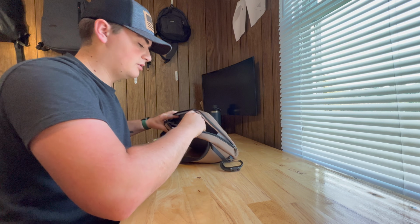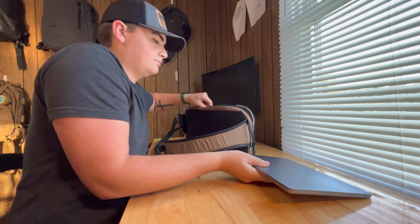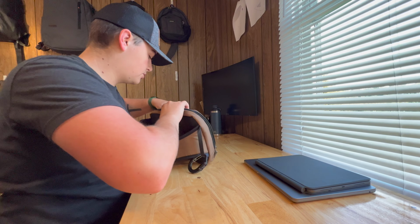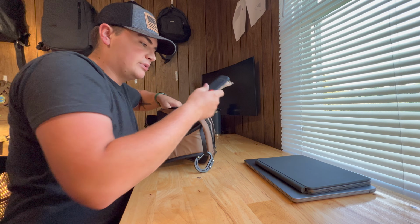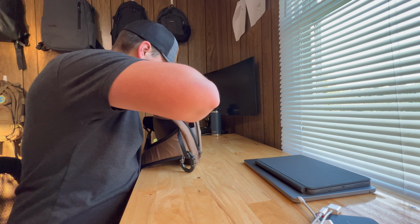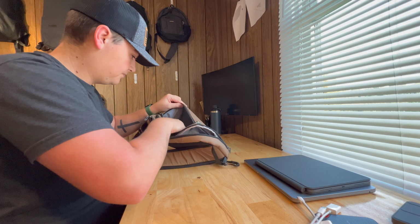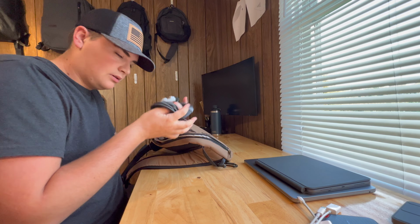So, main workhorses of our system, we have a MacBook Air. I also have my iPad Air with the keyboard case and the Apple Pencil. And then also in this compartment, I have some adapters and an SSD. And I also have this Anker Go MagSafe battery. And then in this bag, I have my AirPods, a bunch of cables,